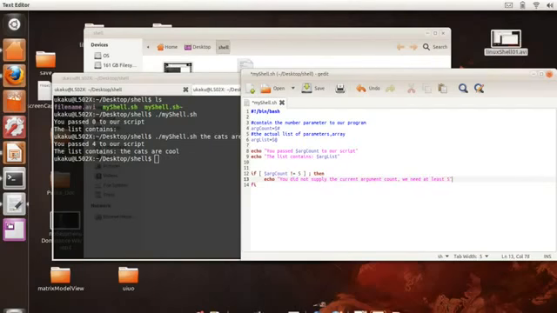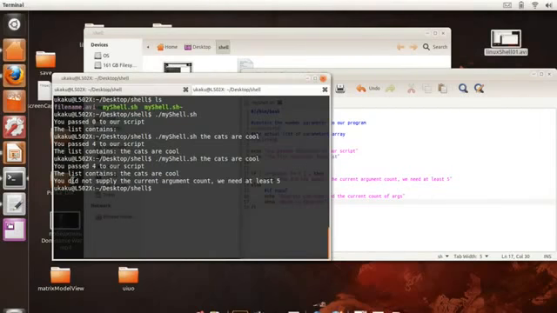Okay, but also we're going to say if this is true and the number of arguments is not equal to 5, then we're going to say you did not supply the correct amount of parameters to our program. However, if it is equal to 5, if it is equal, okay, and if we run it, and remember we have 4 passed to our script, and they're these,